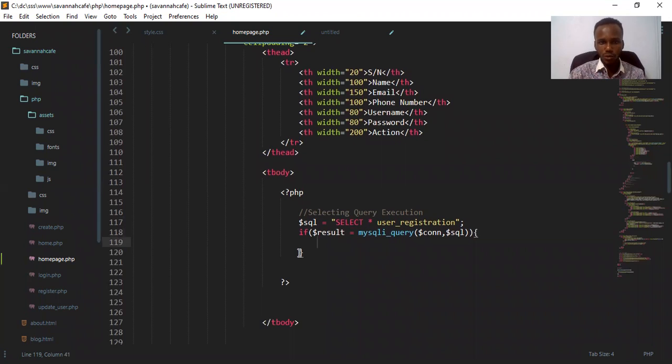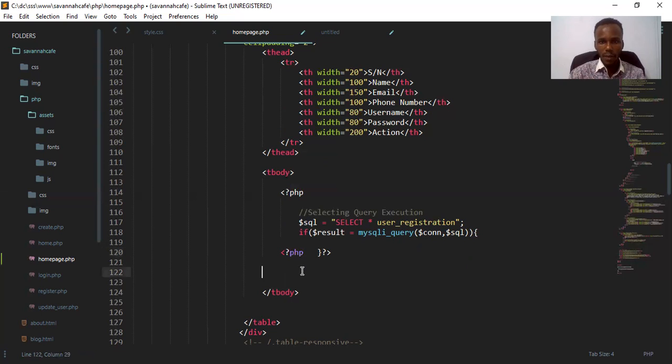Now, because we are working with the table, I don't want to be writing HTML code inside PHP. So we are going to close this. But mind you, ensure that your curly braces are closing. Now we've closed it. Another thing you should do is just copy this one and comment it to know